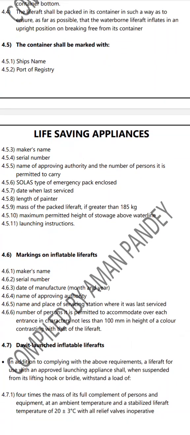So for marking, first comes the container, then the marking on the life raft, and then the marking on the container. The marking on the container: serial number, then maker's name, then manufacture date and date of service, stowage position, the length of painter, height of stowage, total carrying capacity, the ship's name, port of registry of the ship, and SOLAS specification, whether it's A or B, then